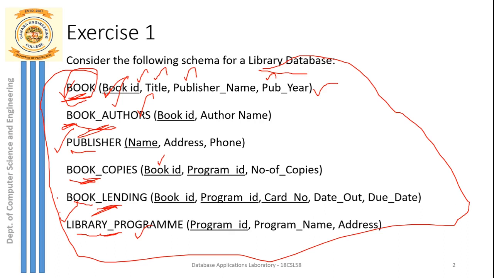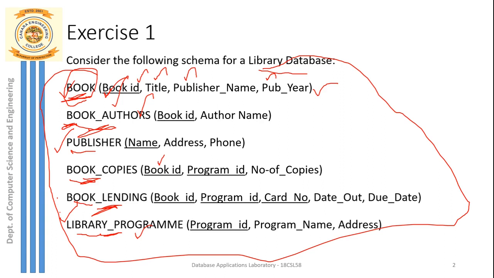So what does this book ID refer to? As you all know, every book should have a unique ISBN, a unique ID, using which we can identify the book. So can I call this book ID the primary key? You all can see the book ID has been underlined. This is mentioned in the syllabus, in the question. The attribute or column which is underlined, we call it the primary key. A primary key is unique in nature. That means the values that you give for book ID must be unique. Different values should be entered into the column book ID.